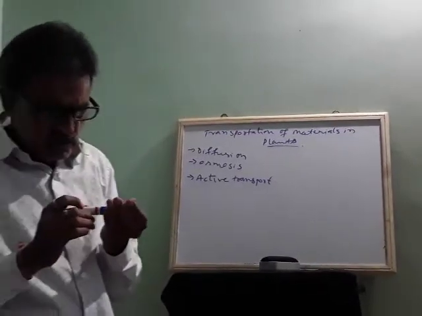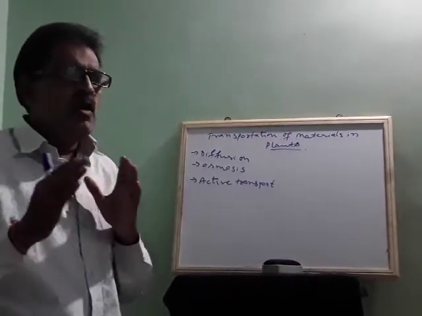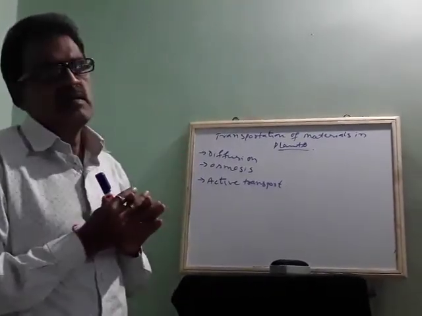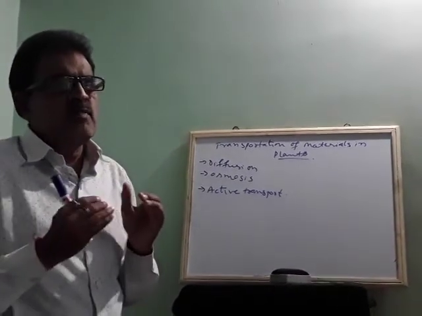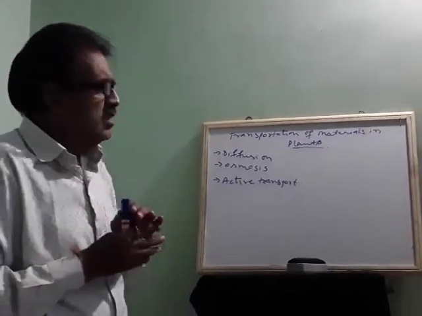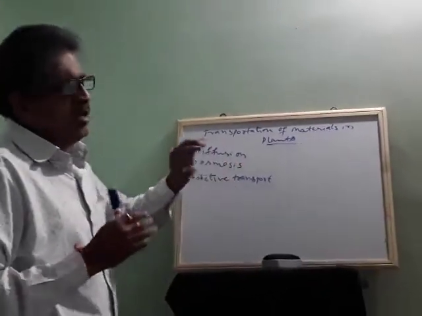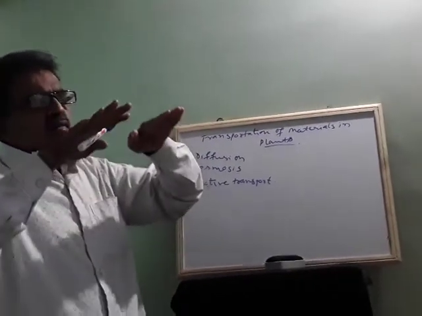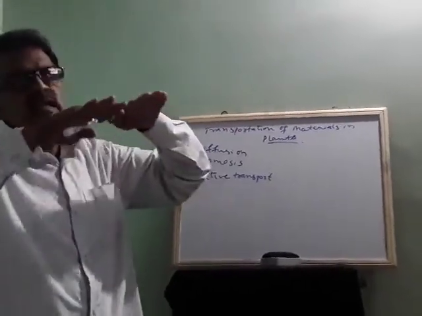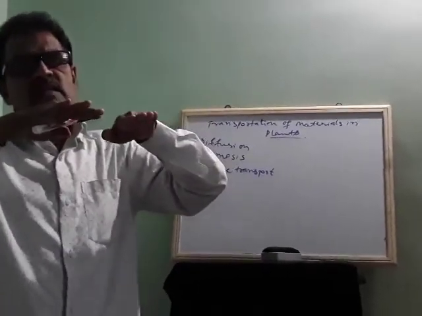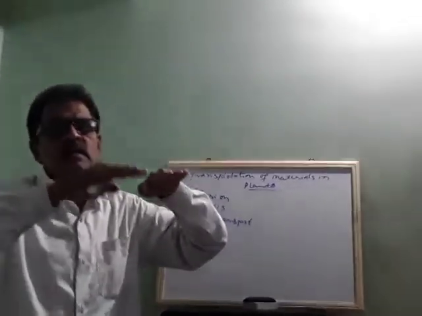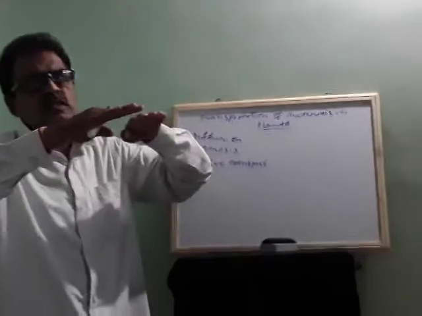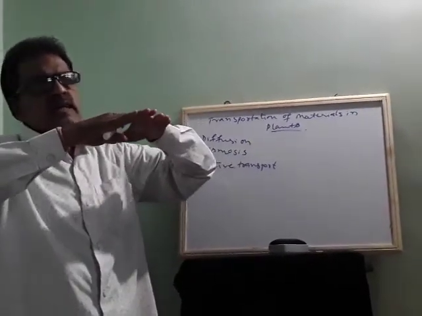Diffusion is a process where the molecules move from a region of higher concentration to a region of lower concentration. How much it moves, how much time it takes to move, and why it should move. The movement of particles takes place until there is an equal gradient, a balance in the number of particles or ions between the concentration of the soil and the concentration of the plant. That is called diffusion.